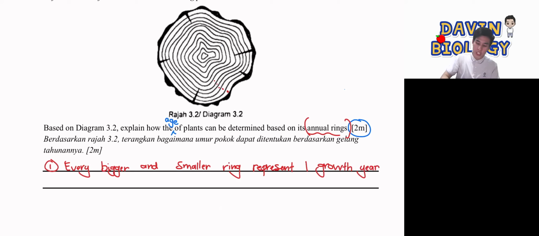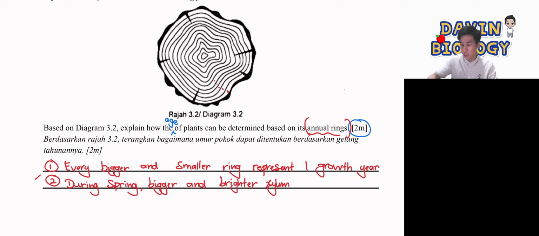You don't have to explain what happens at every season. It means you only need 1 more mark to explain, so just straight away say what kind of ring each season is for. For instance, during spring, yes, I know there is better weather, there's more secondary growth, but since it's just 1 mark, you just say larger or bigger, actually, bigger and brighter